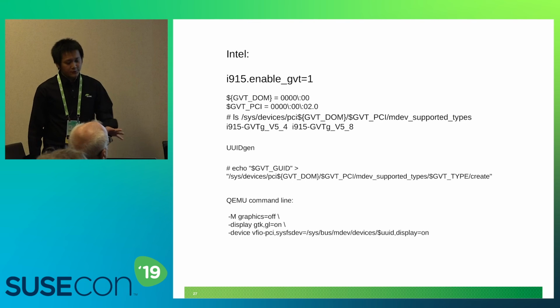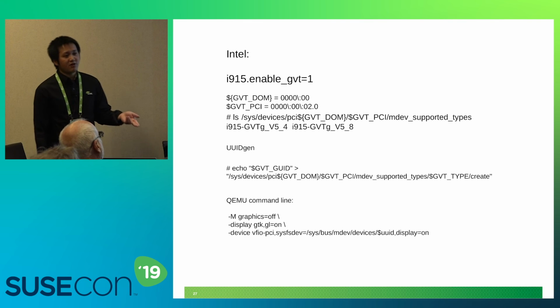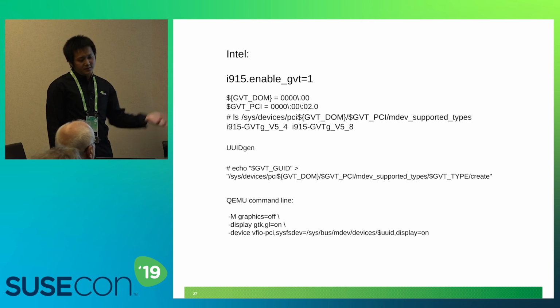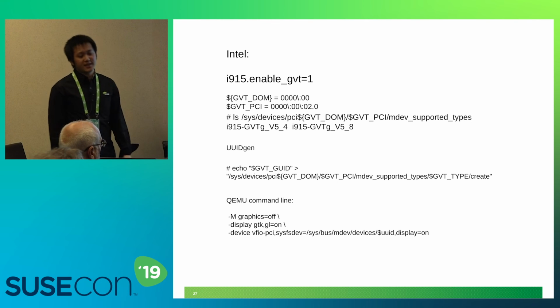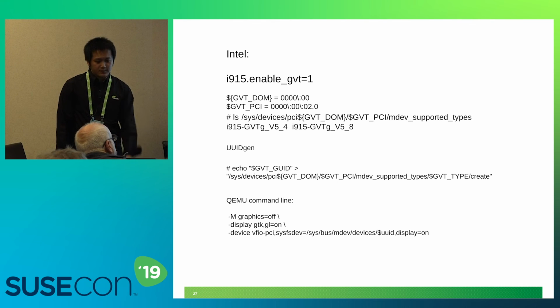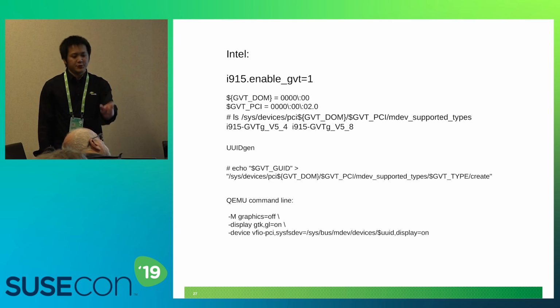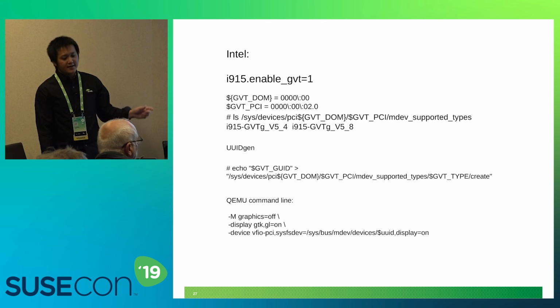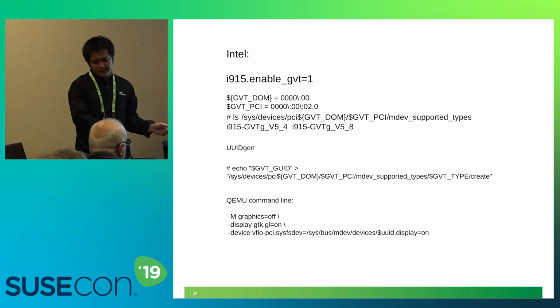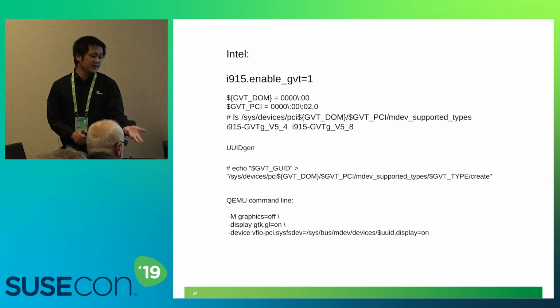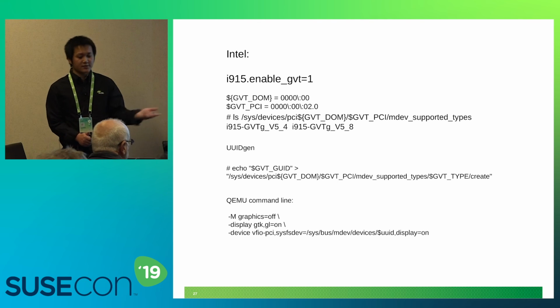Now let's show how to set up. There are three levels: host, hypervisor, guest. For the host side, you just need this command line in the boot command line to enable GVT for your kernel. That's the thing you need to do for the host. And then you will see this mdev supported device under your sysfs there. It has 2 types here,